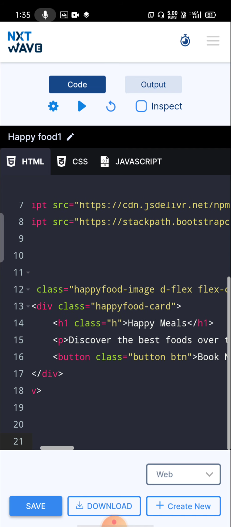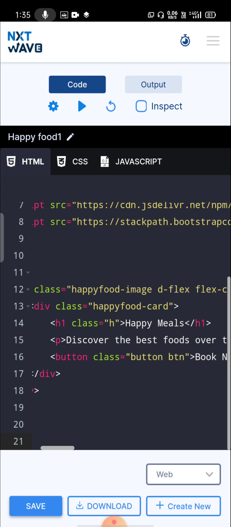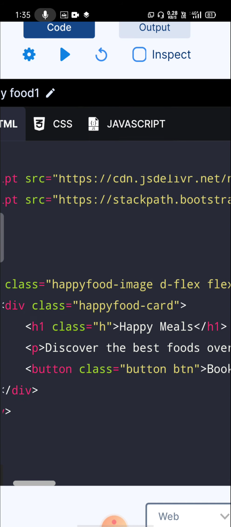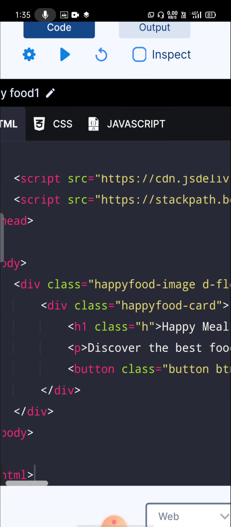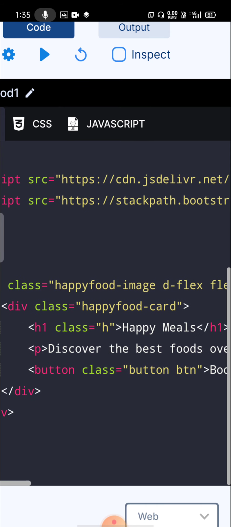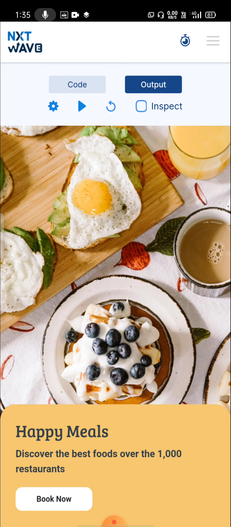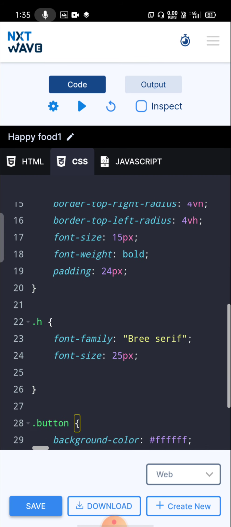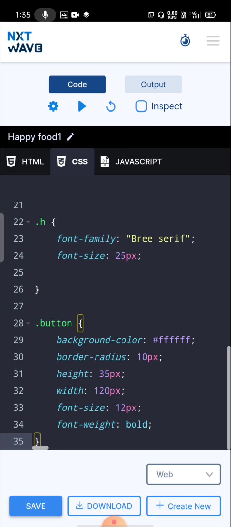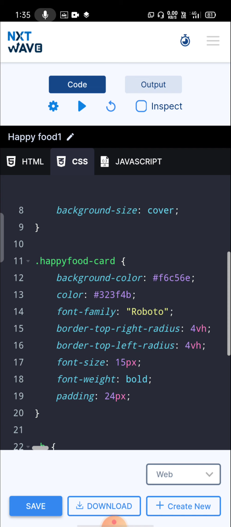I have added a heading with an h1 tag with Happy Meals as the text, a paragraph with a p tag, and a button with the text Book Now. I gave some CSS properties for the heading, the button, and the paragraph that we have learnt.